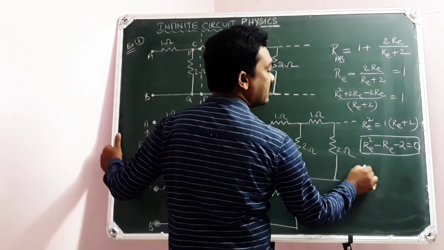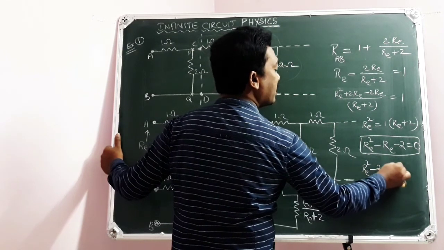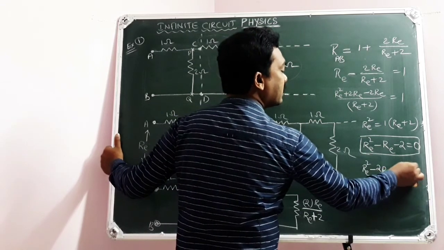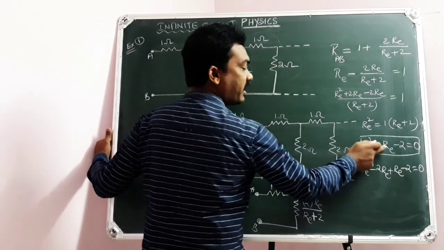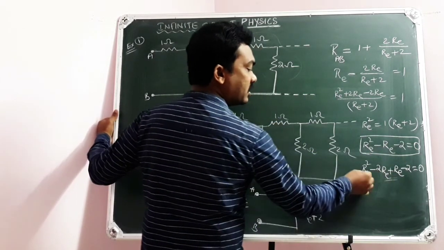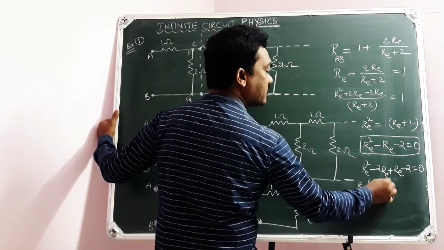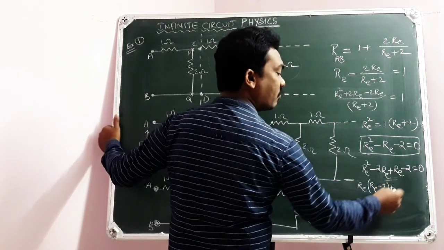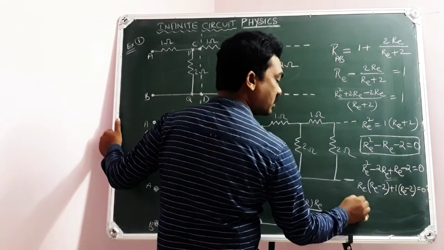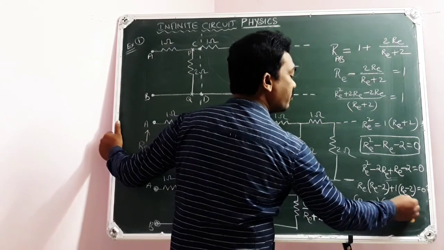So this can be written as RE square minus 2RE plus RE. Minus 2RE plus RE will give minus RE. Of course, minus 2 equal to 0. Factorization. x square minus x minus 2 equal to 0. Then this can be written as minus 2x plus x. Then in the first term, RE is common in first two terms, then it is RE minus 2. In the second term, plus 1 take as common, RE minus 2 equal to 0. So that RE plus 1 into RE minus 2 equal to 0.